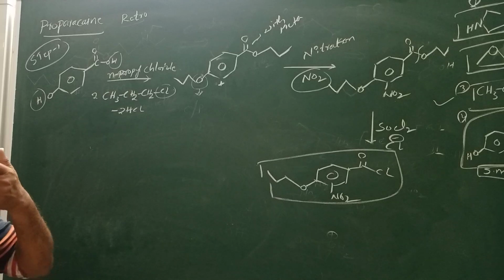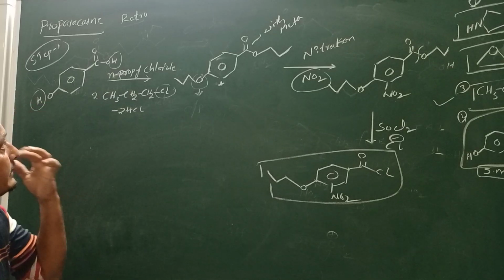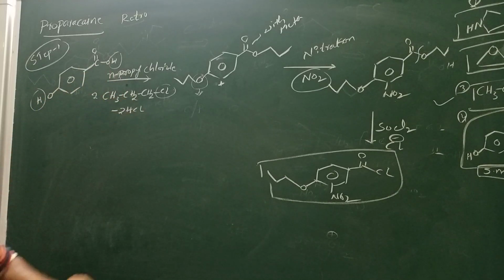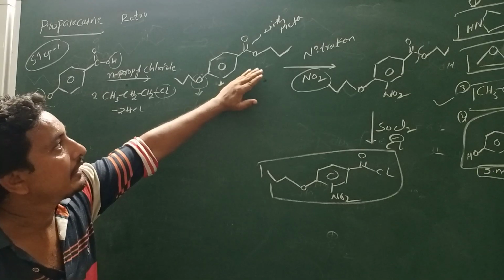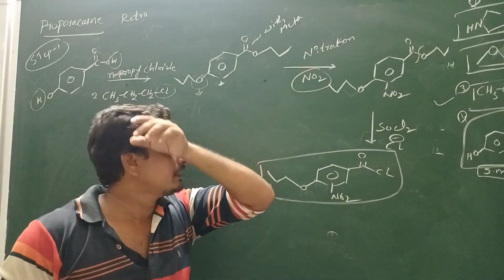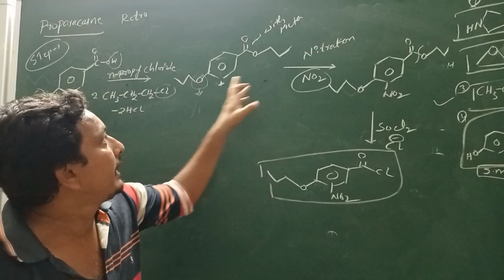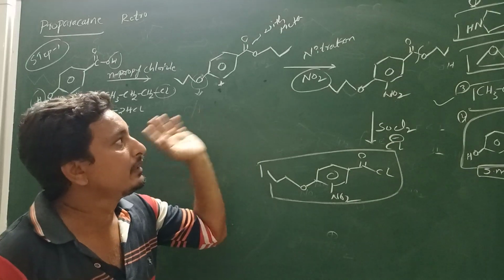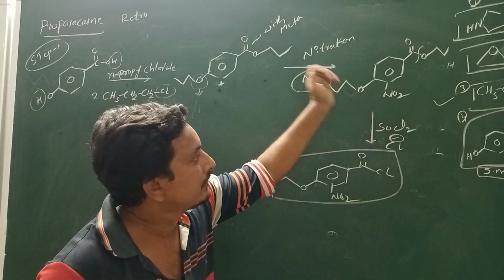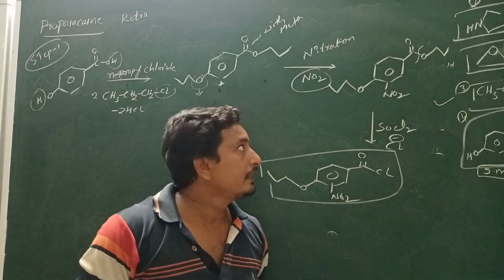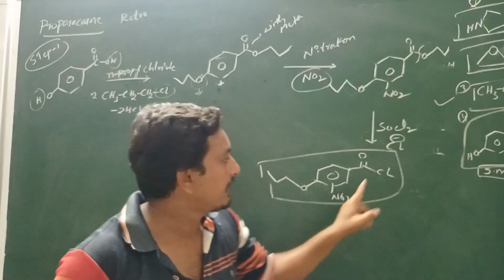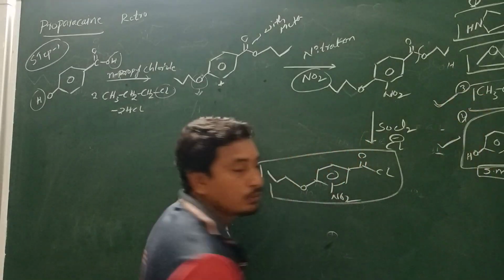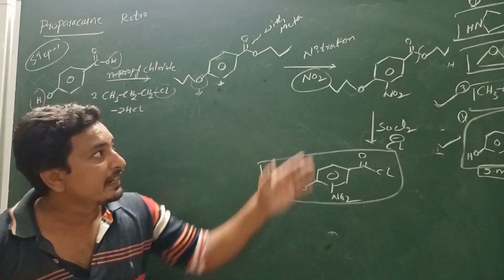In step 1, the starting material is taken as para-hydroxybenzoic acid. When reacting with n-propyl chloride, the hydrogen is replaced by this group and obtained as the starting material, and it undergoes nitration. In nitration, the electrophile is NO2 plus, which attacks the activated position, and the molecule is obtained as this. It reacts with thionyl chloride, this part is replaced by Cl minus and the molecule is obtained. Only two reactant molecules are used here.